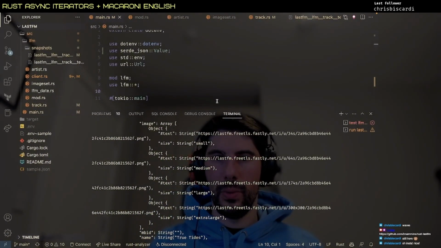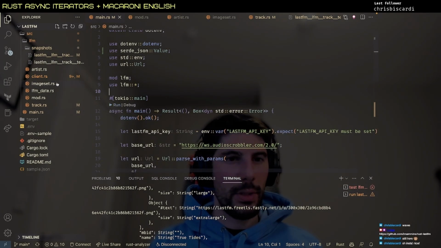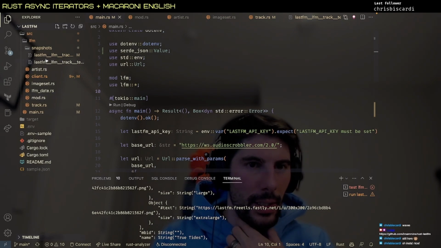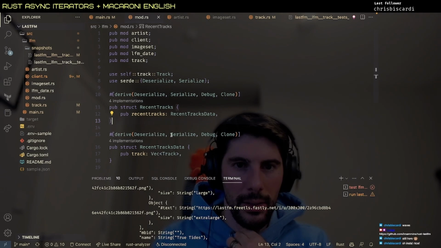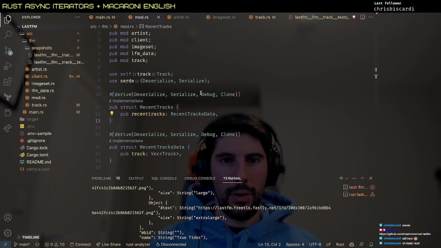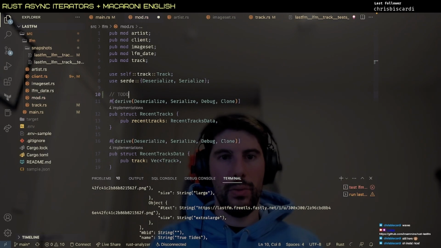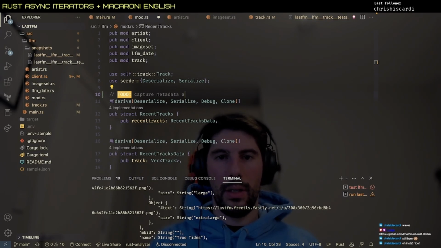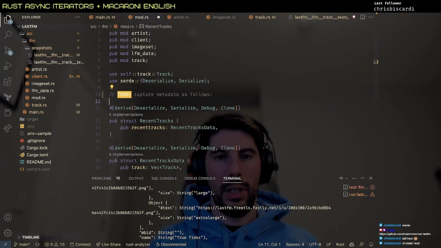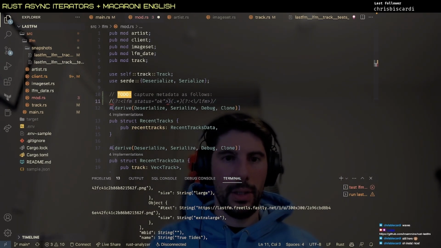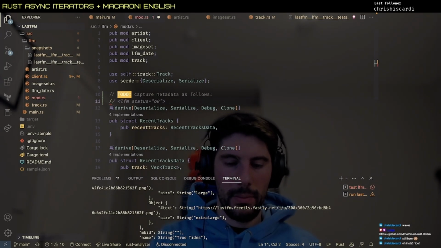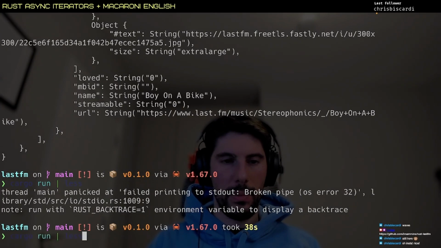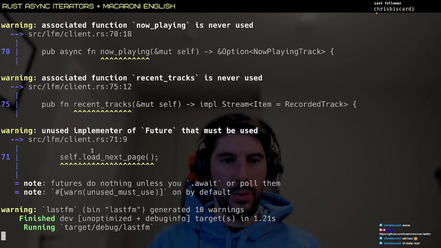So how do we do that? I would say the easiest thing we could probably do is a custom deserializer in here, but I will leave that for later. So let's add a to-do here as well. To-do: capture metadata as follows, and we can probably copy from here. If we rerun this code,